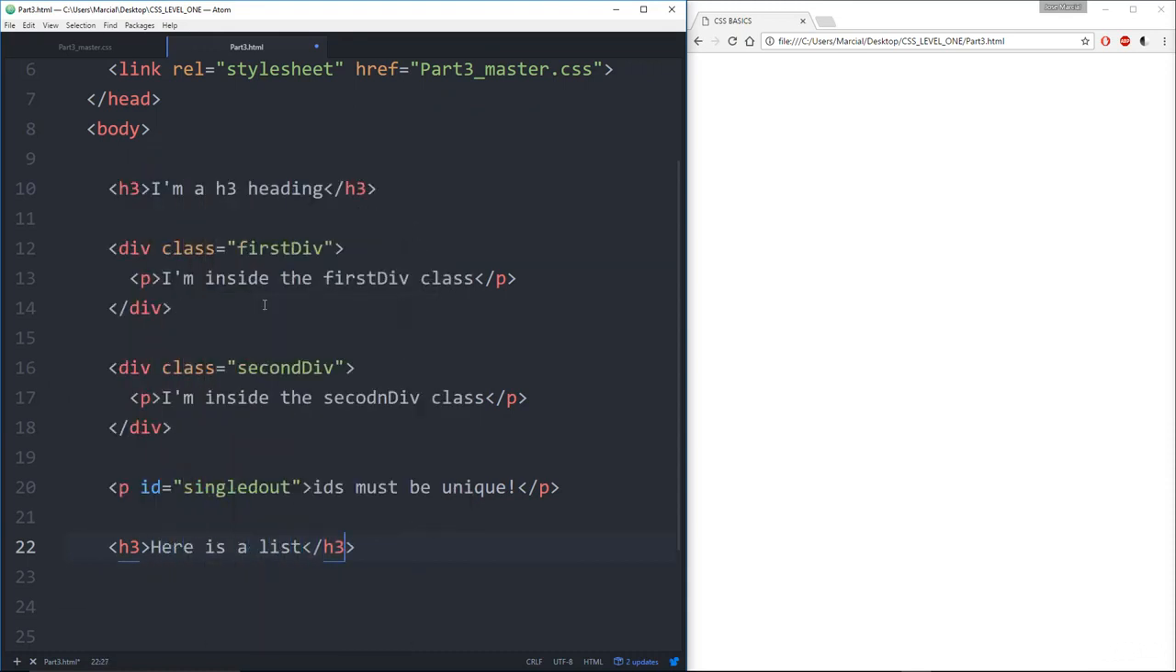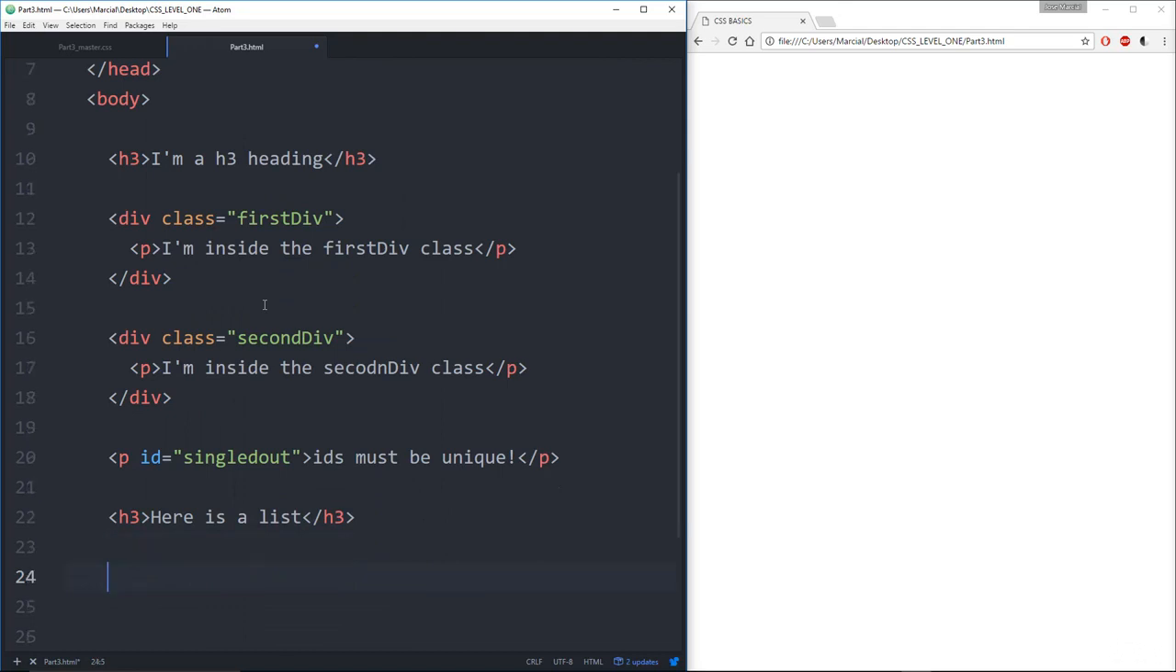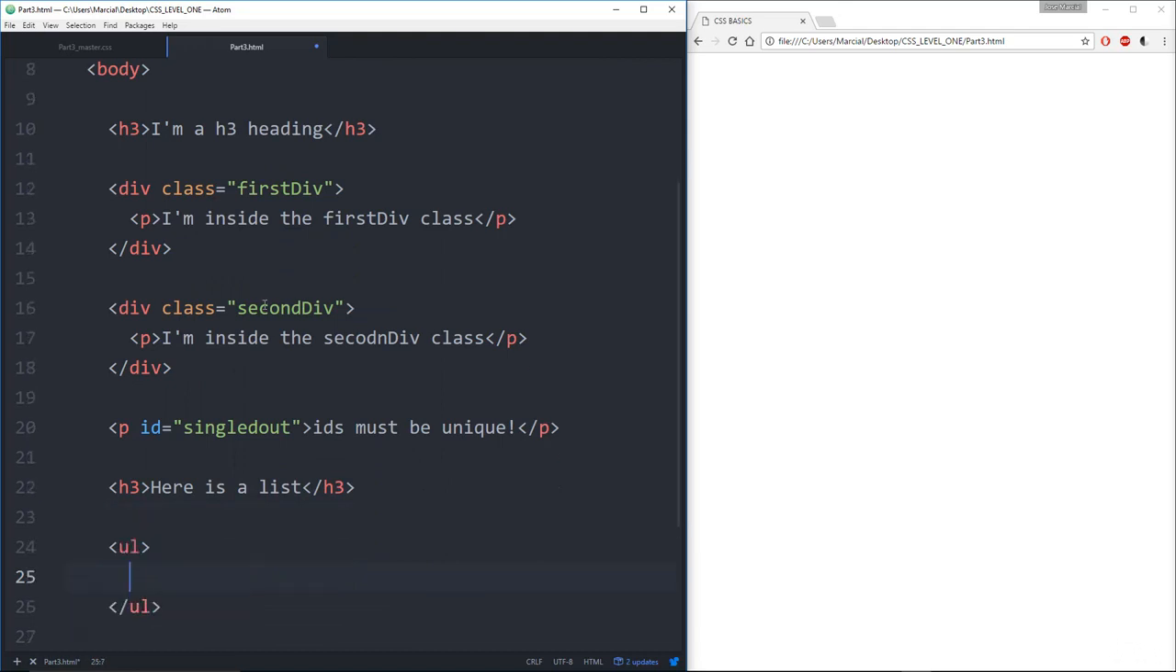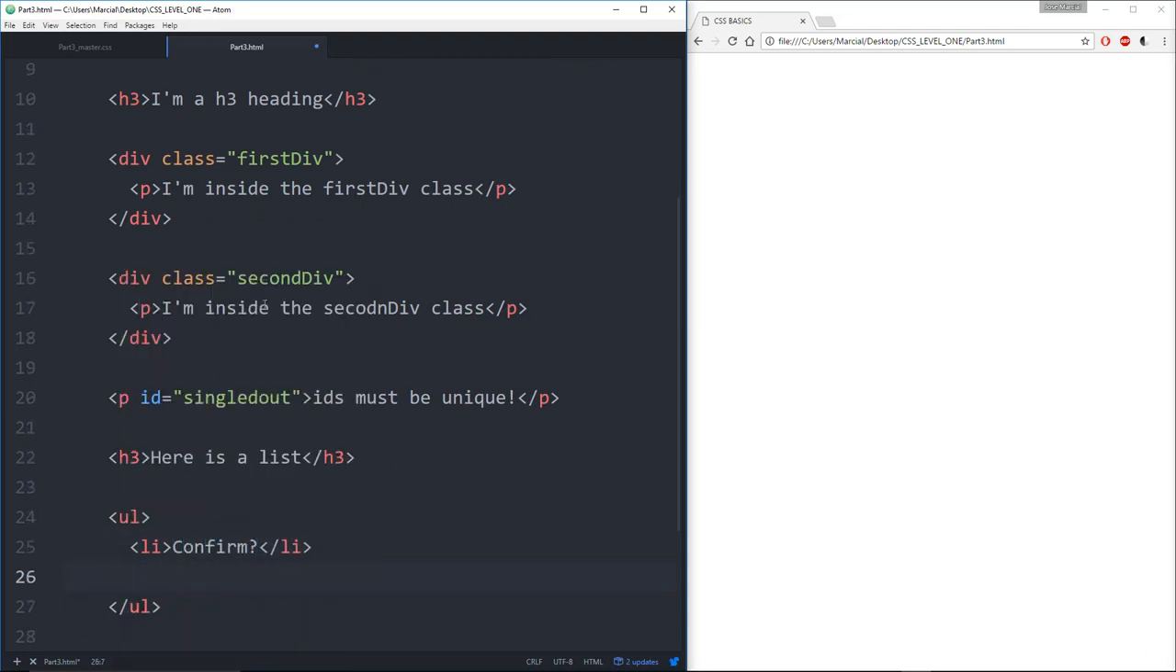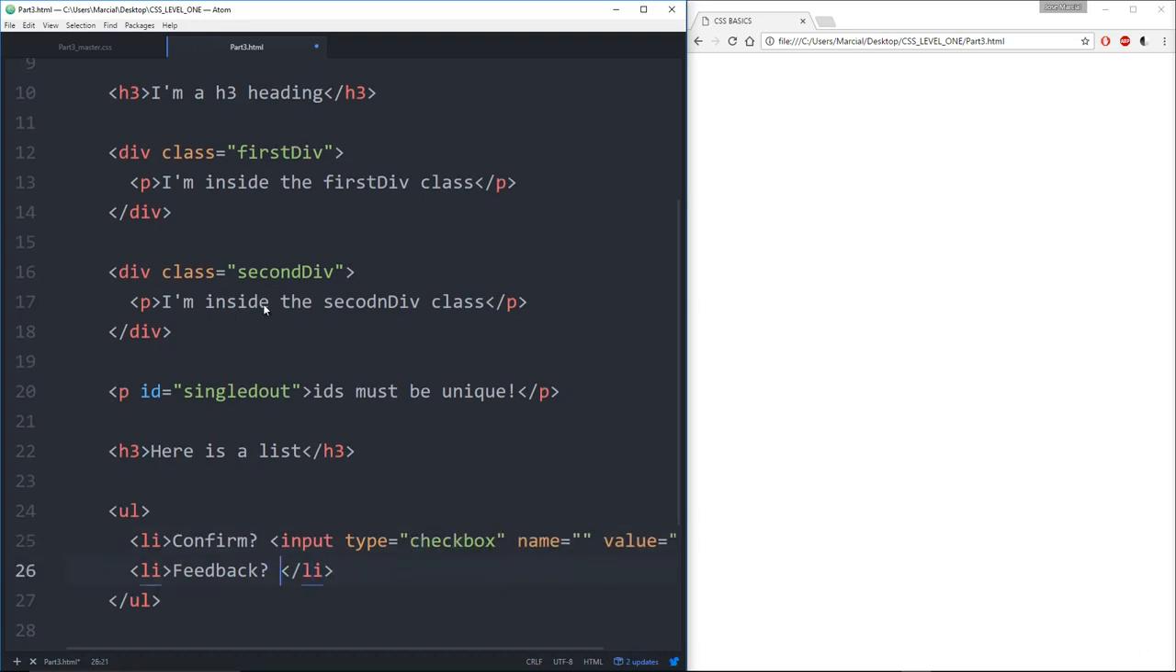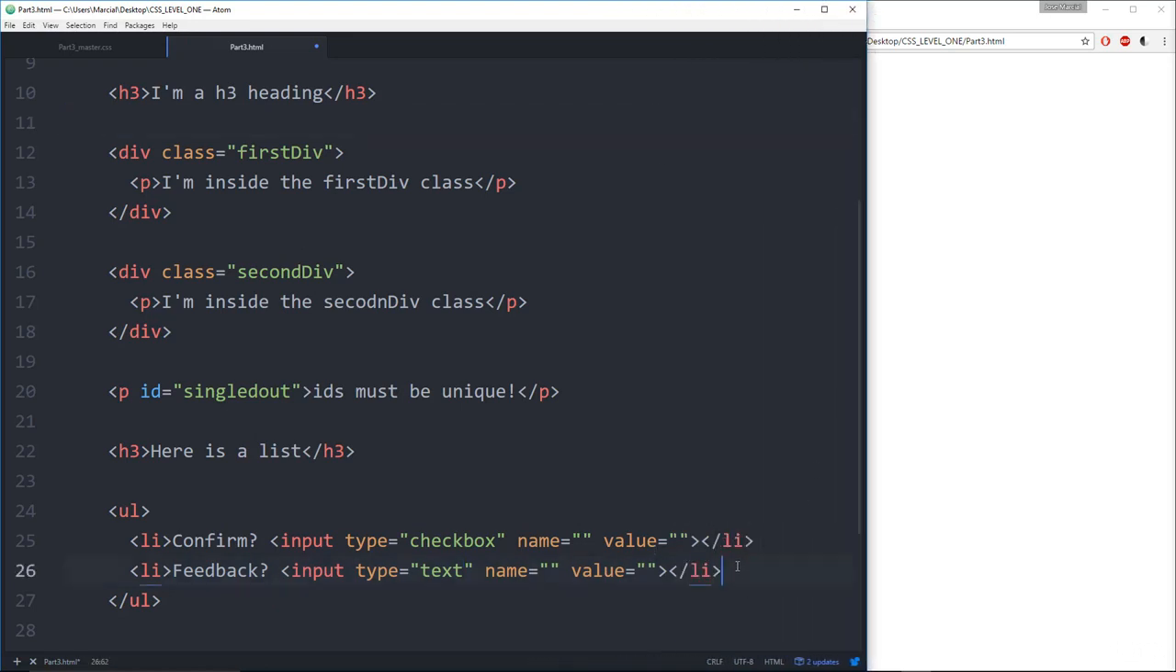And you can also just copy and paste this from the part3.html if you don't want to type it all out yourself. And we'll have an unordered list. LI will say something like confirm. You can write whatever text you want in here. And then LI will say something like feedback, question mark. And inside of these list elements, we're also going to add inputs. So this first input is going to just be a checkbox input. And the second input is going to be a text. So a checkbox, really similar to a radio button that we've seen earlier, except in our case, it's actually just a checkbox that you've probably seen before